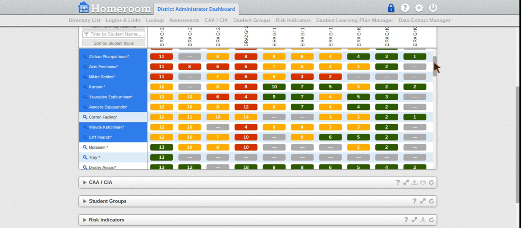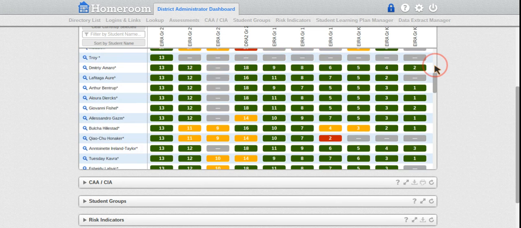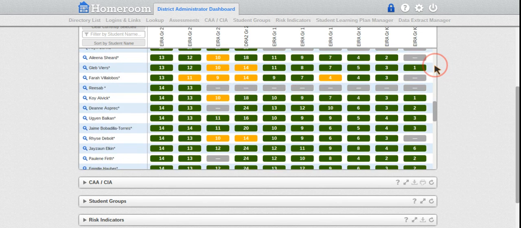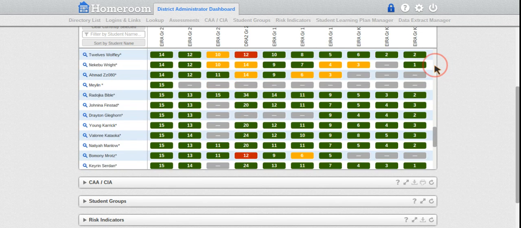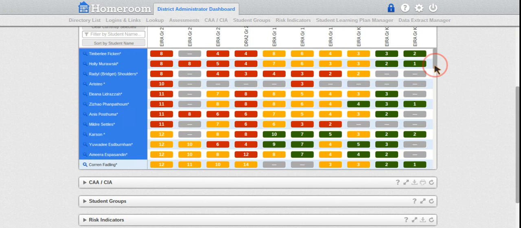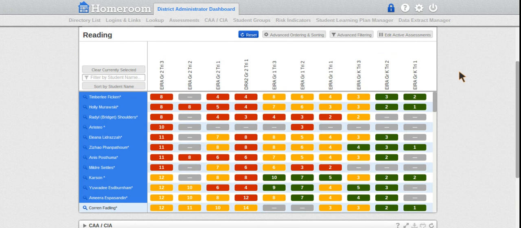I can still look at them and see if there's any of these students I think need it because of what they've done. And so I can scroll all the way down, as you can see. I can see every kid. All right, now I think I got my group. Now this is how I set up the group. Now that I've identified the students that I want to be in Tier 3 interventions, or supplemental interventions in reading,